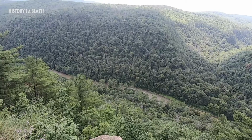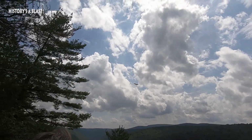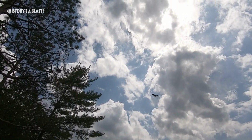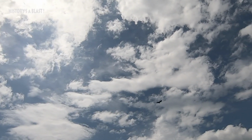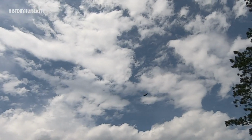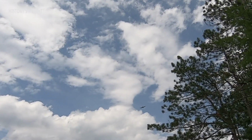We didn't even know we were coming by. I think I got him in camera. I can't really tell. You can never tell, but this thing's wide enough that